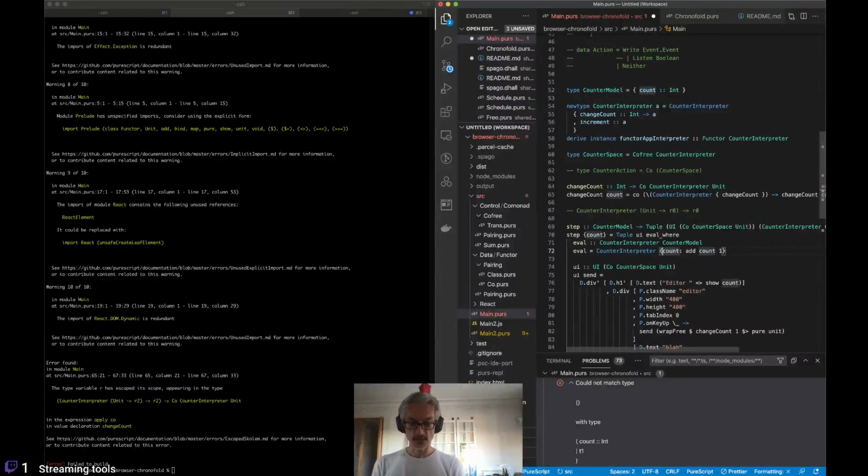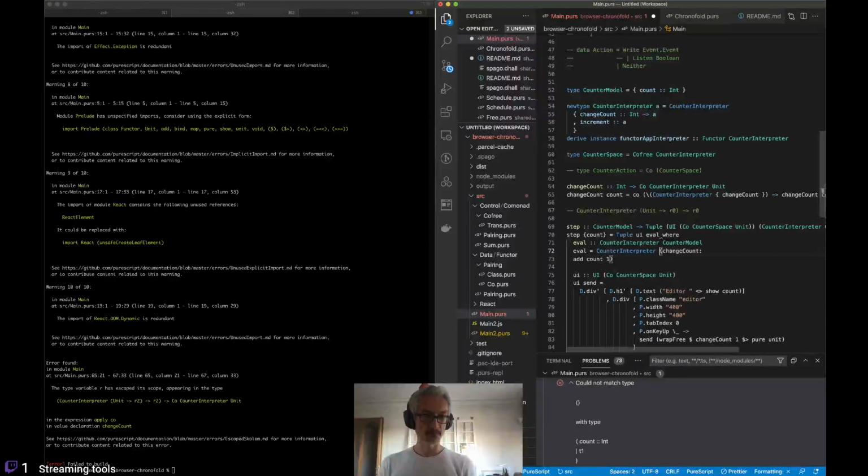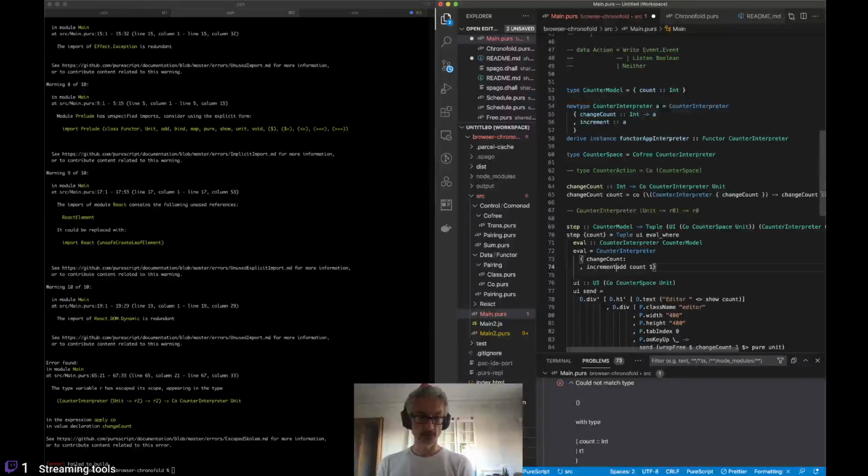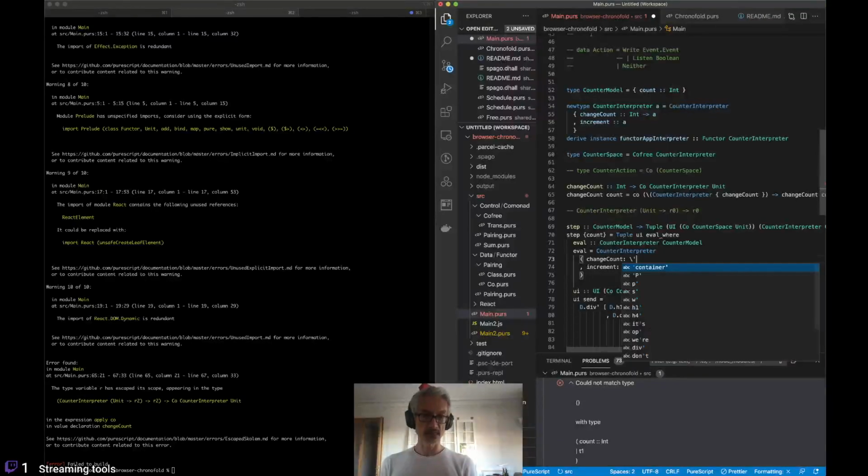Yeah, it can do a change count. And yeah, of course, that's it. That's why there was add count one. That's increment. Increment is actually add one. And while change count is take a count and